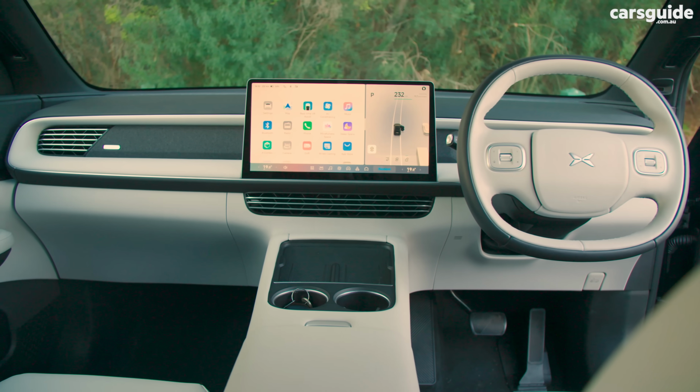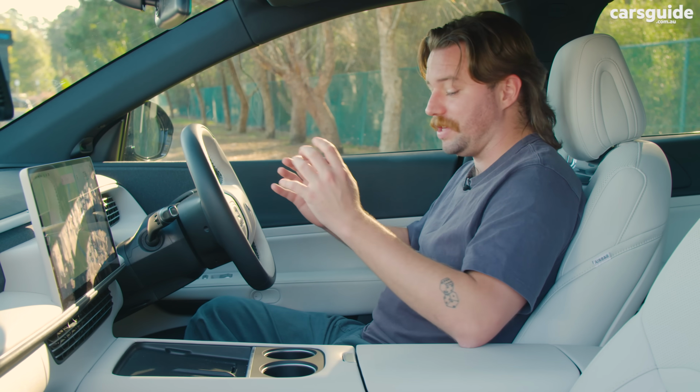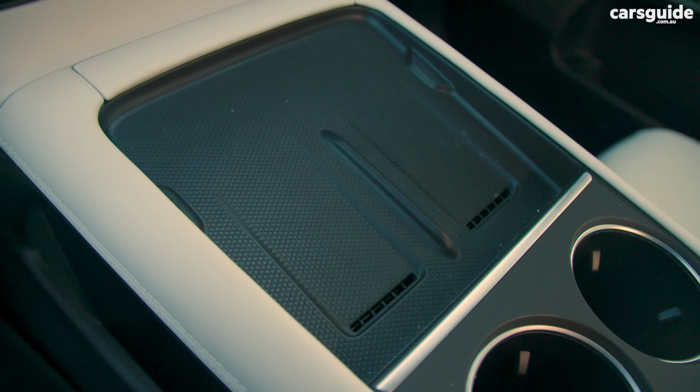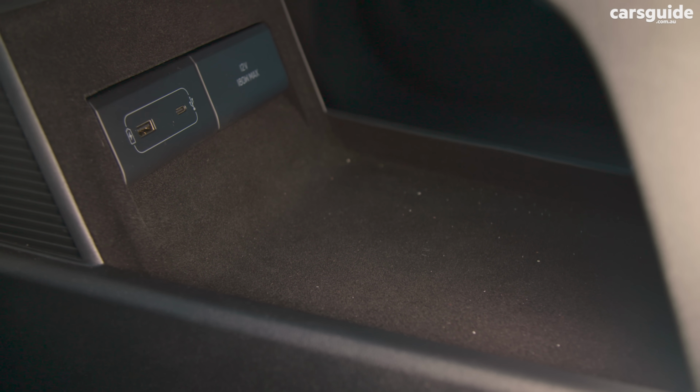The other thing about this car is that the layout is, like I said, pretty sensible. It's pretty similar to the BYD, actually. You've got the cup holders here, quite a large storage bin, which is pretty deep. You've got the 2 little phone chargers here, you get an extra one over the BYD, and you get the storage space down here under that as well. There's also